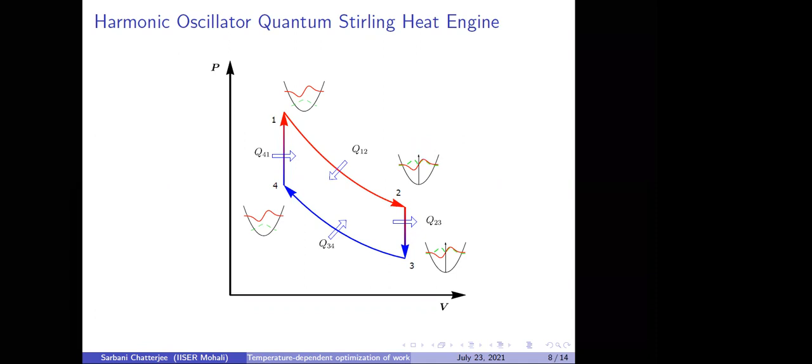We have just seen that this gives rise to degeneracy, as also can be seen here. The classical analog of this step is the isothermal expansion, which is shown by this red arrow. During this process, the harmonic oscillator is kept in contact with the hot reservoir so that it maintains a constant temperature throughout. Now we are at stage 2.